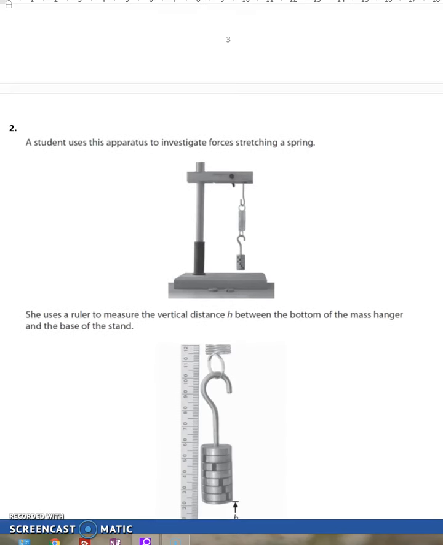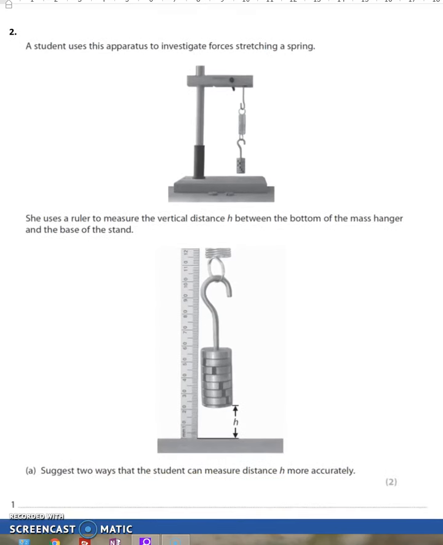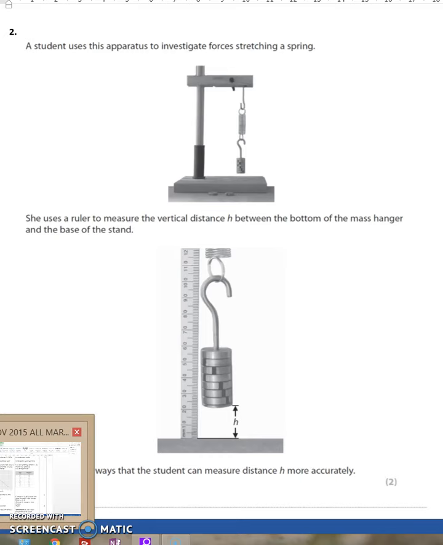And question 2 is about investigating forces by stretching a spring. And this is Hooke's law. So the first bit is: suggest 2 ways that the student can measure distance h more accurately. So if you look at the mark scheme here,